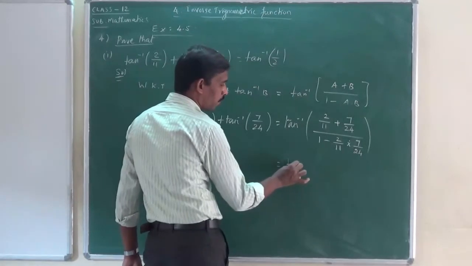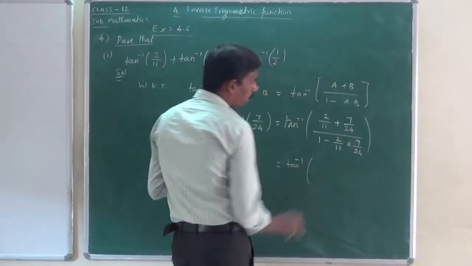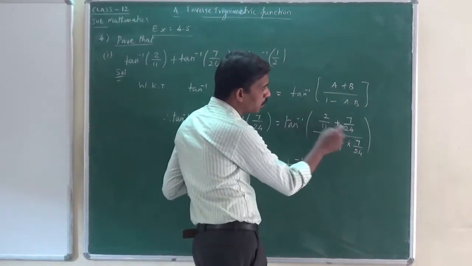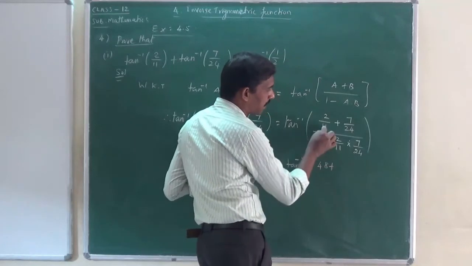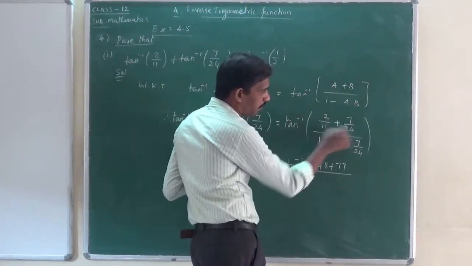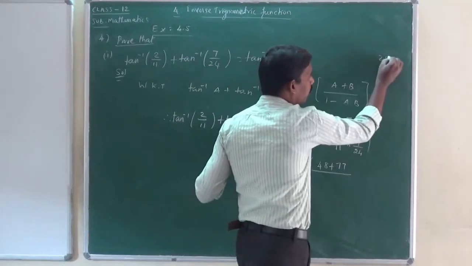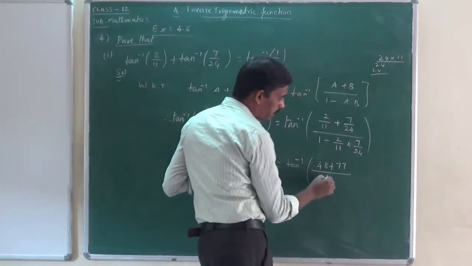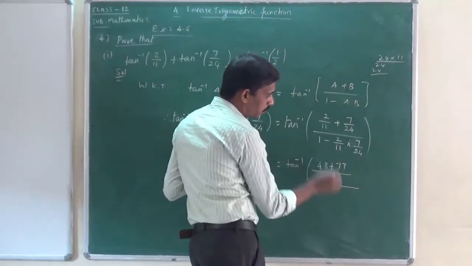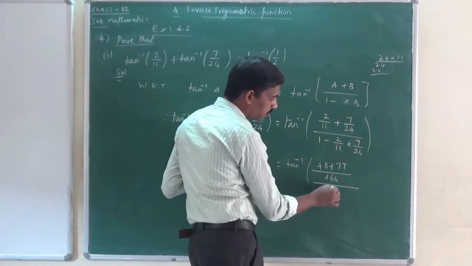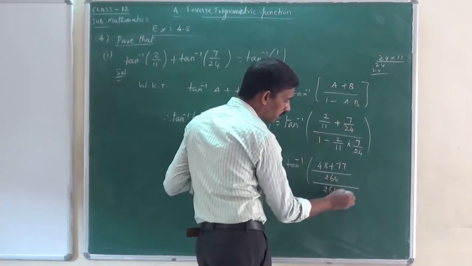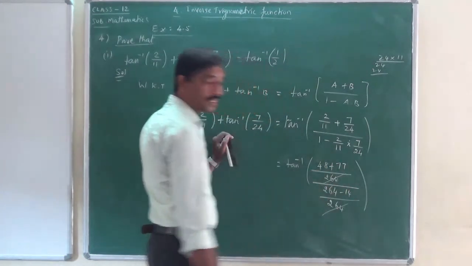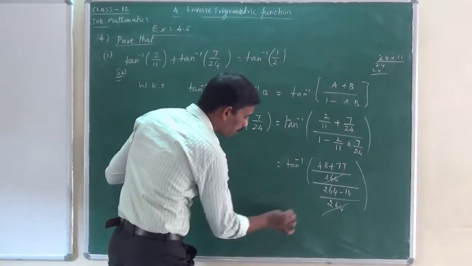Now tan inverse of, I will take a cross multiple. So 2 into 24, 48, plus 11 7s are 77, divided by 11 into 24. So you want to multiply 24 into 11, that is nothing but 264, divided by, so you want to cross multiply with this one. So 264 minus 2 7s are 14, divided by 264. So this 264 will be cancelled. So tan inverse of